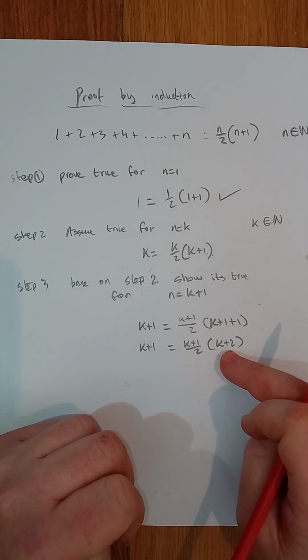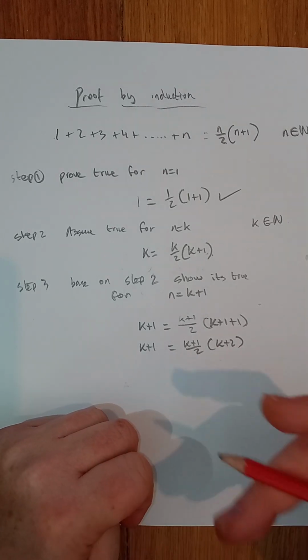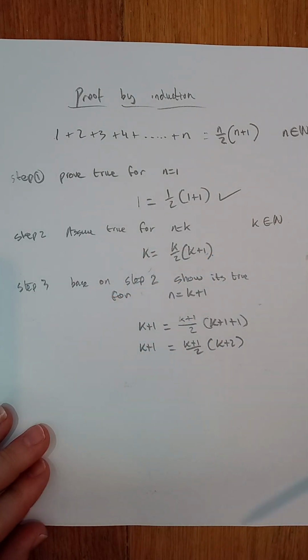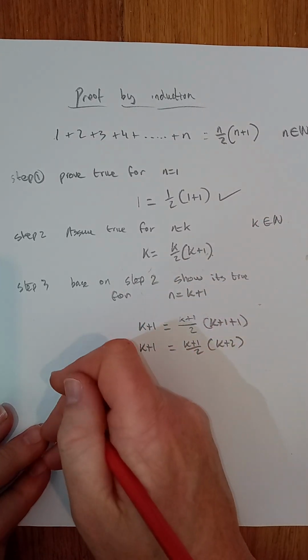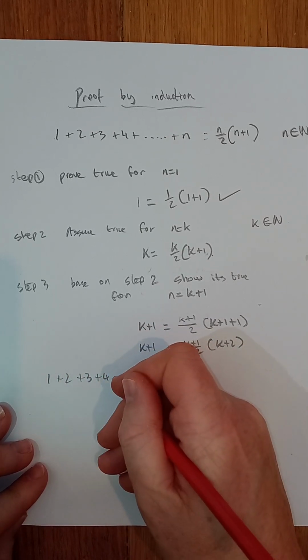Okay? Now, how do we prove it? Well, it's very simple. If you think you don't have to, this line I'm going to write, you don't have to write yourself. I'm just going to show you why, and then you can skip this line and just do the next thing. Okay, if you think about it, we've got 1 plus 2 plus 3 plus 4 plus